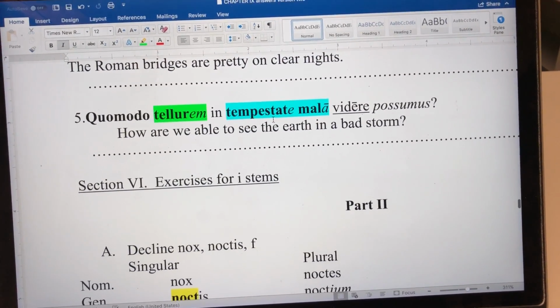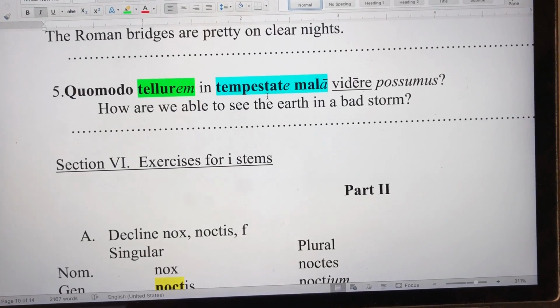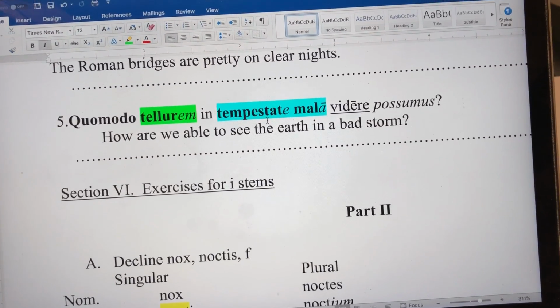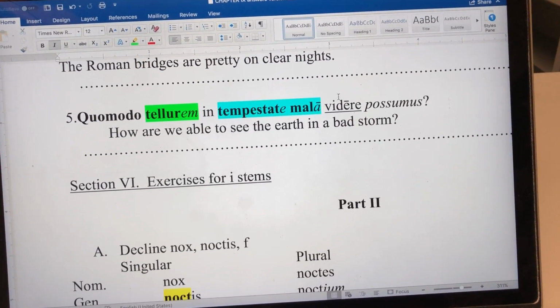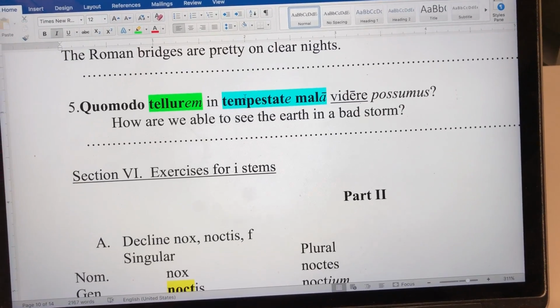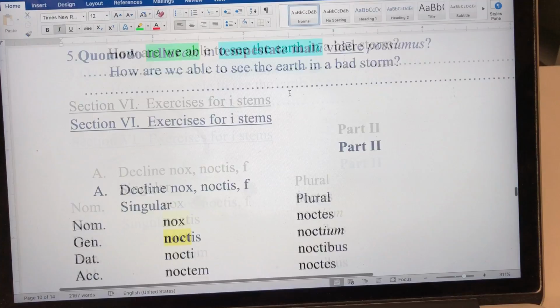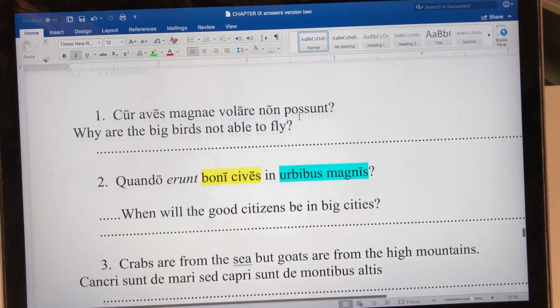And then we have quo modo here, which means how. Literally means in what way. It's an adverb. It's an interrogative adverb. How. And then we have possumus. We have to go to our verb. How are we able to see the direct object, the earth, in a bad storm? Then we'll skip the repetitions, and we'll go to the next